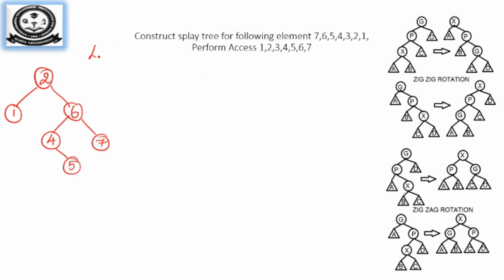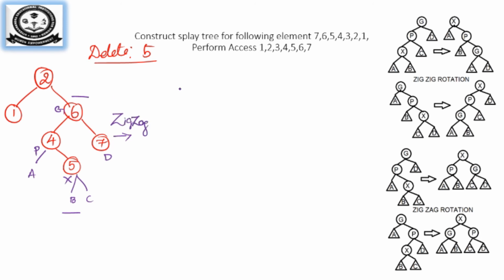Now what element can be deleted? I want to delete, let us assume the last element. So again I want to delete 5 over here. So where 5 is over here, so I will take it as XPG. So I don't have A, I don't have B or C, but I have D. So rotation must be carried out only for this. So you perform zigzag.